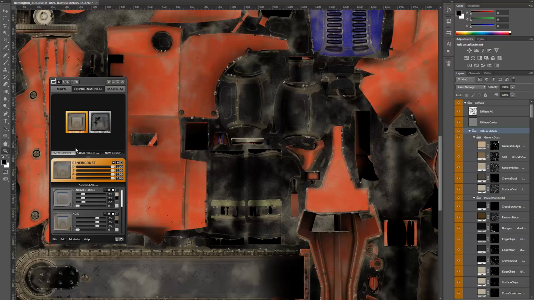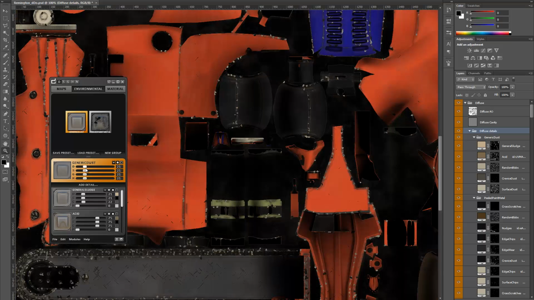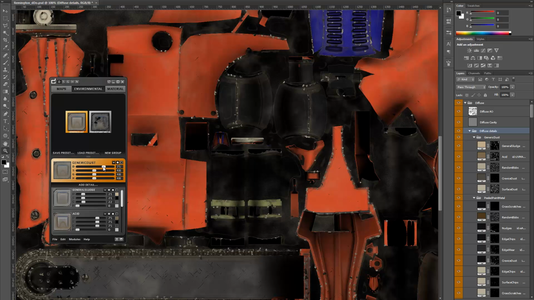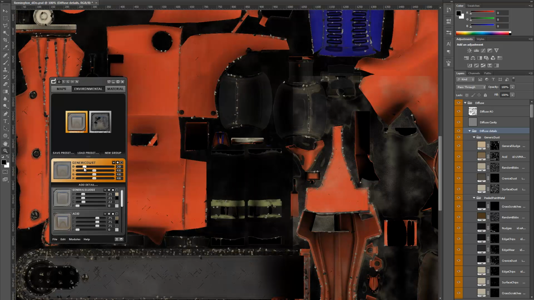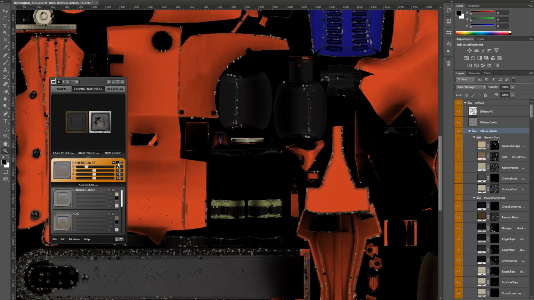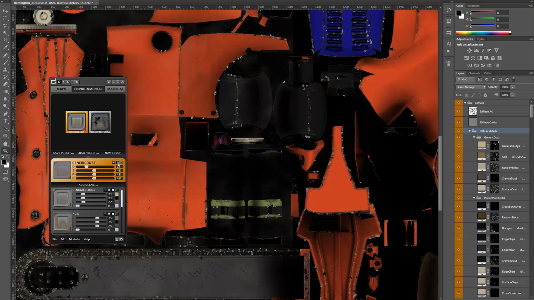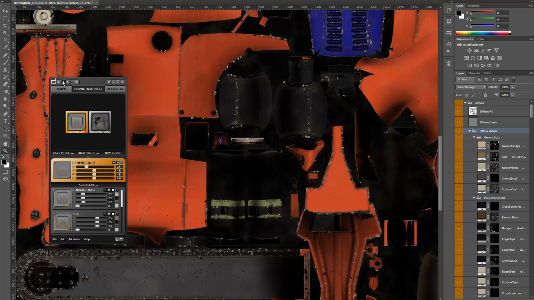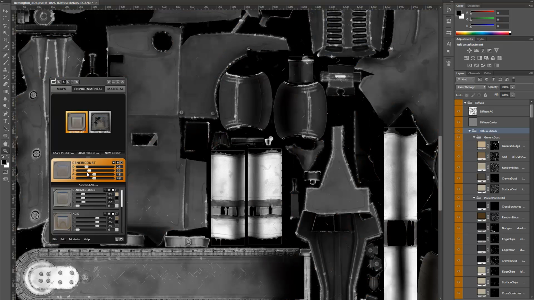So I'm gonna be showing you the next part here, which is the detail group controls. So you can change the opacity values for all the maps by holding down shift and dragging, or you can tweak each map opacity individually by just dragging normally. I'm gonna drag this down to around 25%. I can toggle on and off, see what it looks like. I'm gonna go into specular, see what it looks like here. I'm gonna drag it down